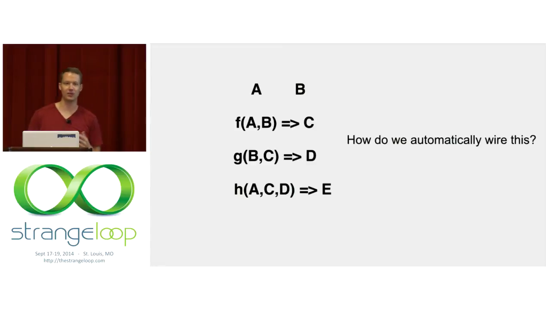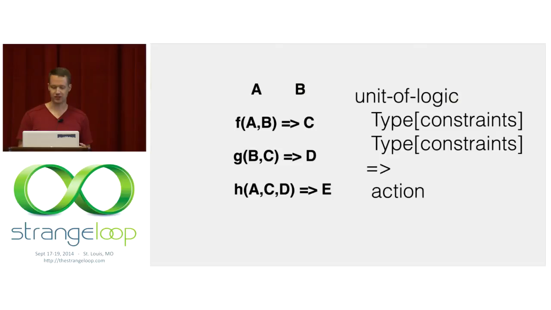And since it's unambiguous, it should be able to automate it, right? And so what if we described this set of functions as these units of logic, where every input that we take specifies a type, and that type could be whatever type system exists in the host language that you're working with, and a set of constraints to say what subset of the data that you're interested in for that function. And we're going to dive into how that's possible.